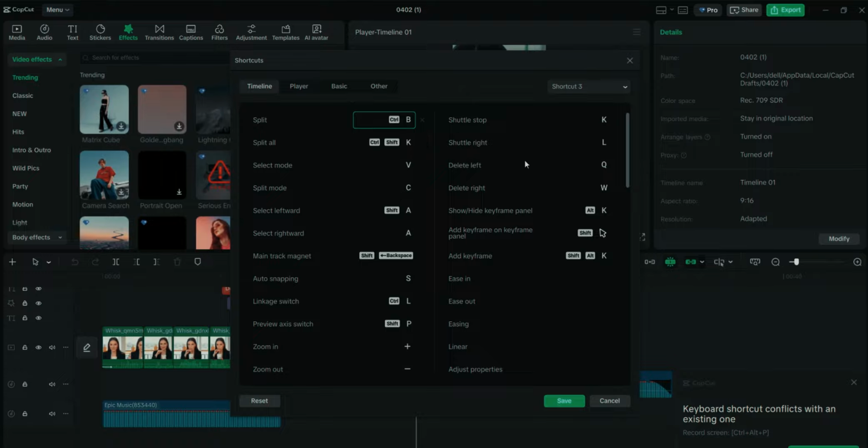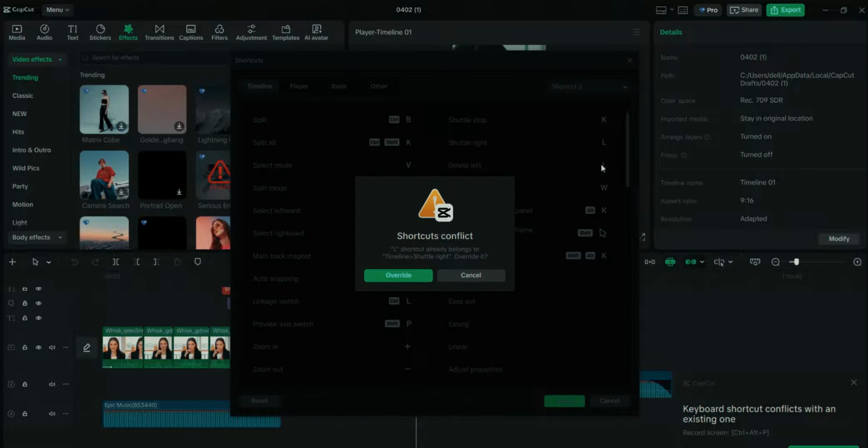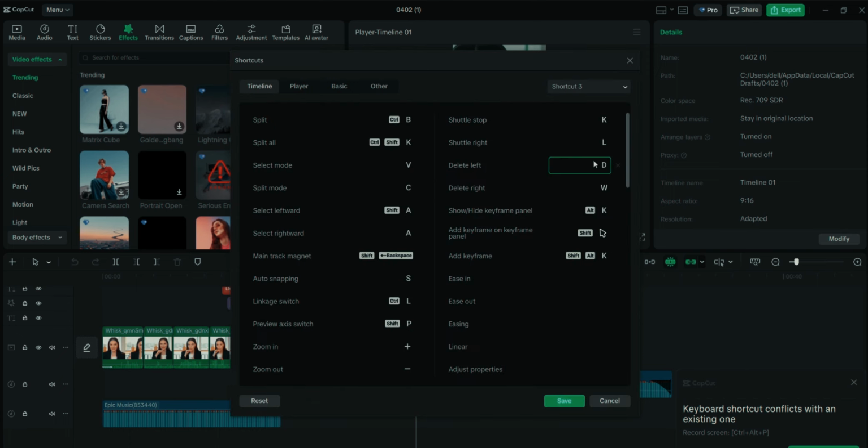Now you see this delete left and delete right. For delete left, currently you can't use 2 letters at a time. I think I'd just press DL if I could use 2 letters, but I cannot at the moment. So instead of that, I can just decide to use Ctrl D. Now I have modified delete left as Ctrl D, and to delete right, let me just say Ctrl